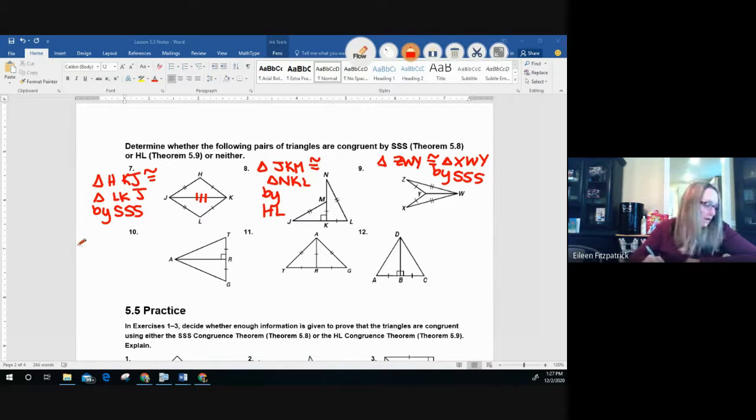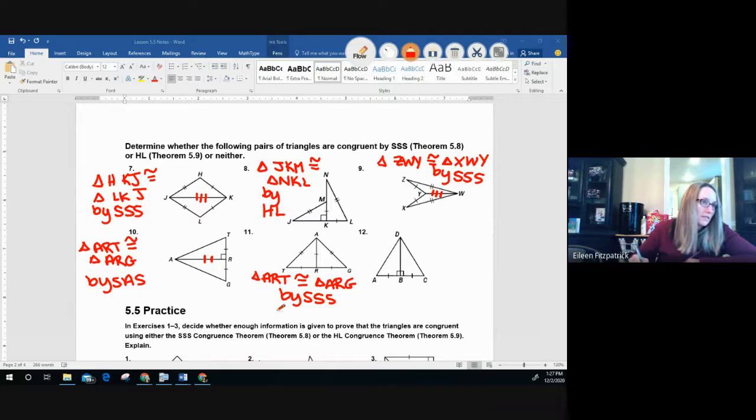For number 10, you can say that triangle ART is congruent to triangle ARG by side angle side. Again, the reflexive piece there. And notice for this one, even though it's a right triangle, we're not using HL. Oh, I should have marked the reflexive piece up here too. Okay. Number 11, you can say that triangle ART is congruent to triangle ARG by side, side, side, or